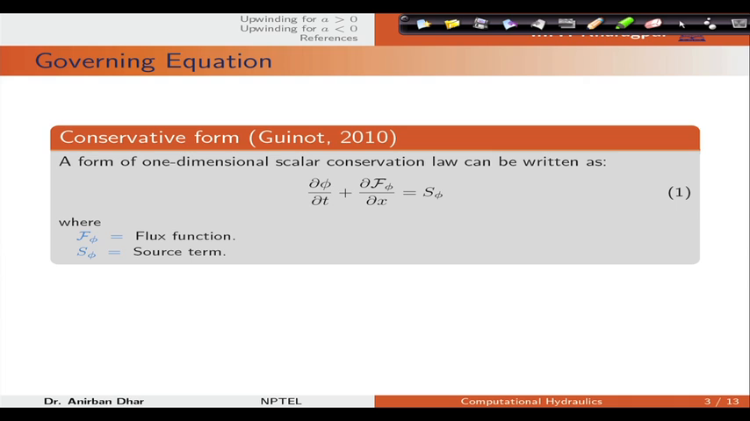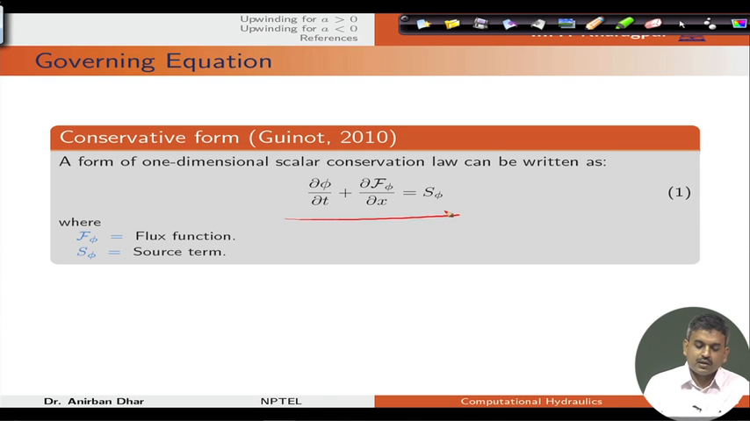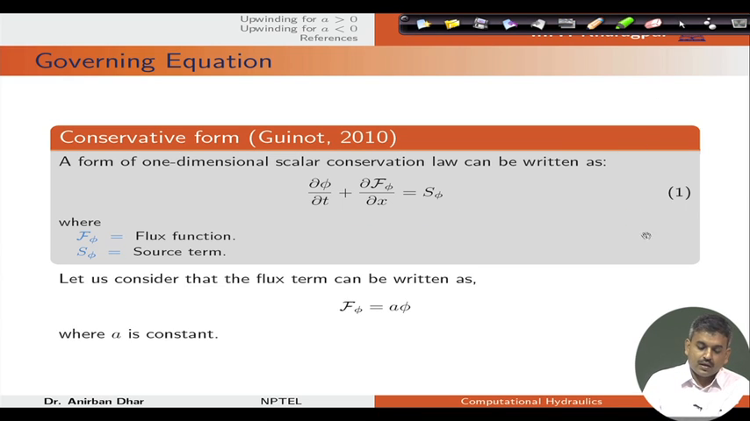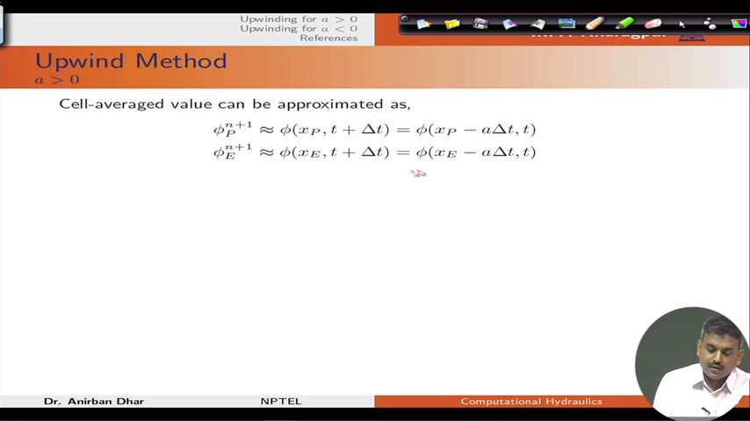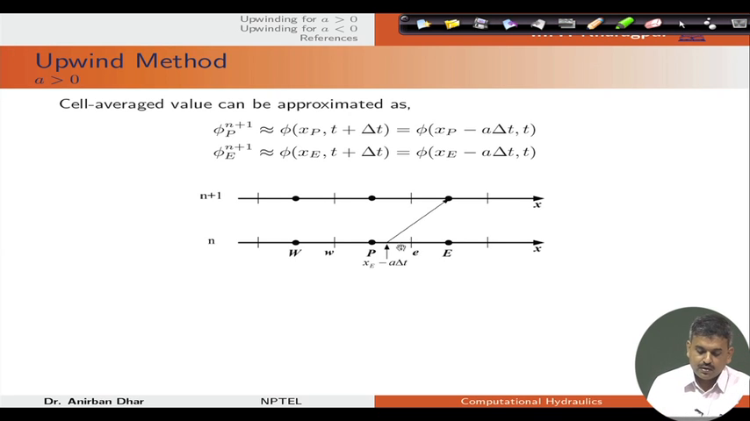We already know this is our conservative form in terms of phi, f phi and s phi. Let us consider the simple approximation of the flux for the linear case, where a phi is the linear approximation. Now, the cell averaged value can be approximated for this case, where the information